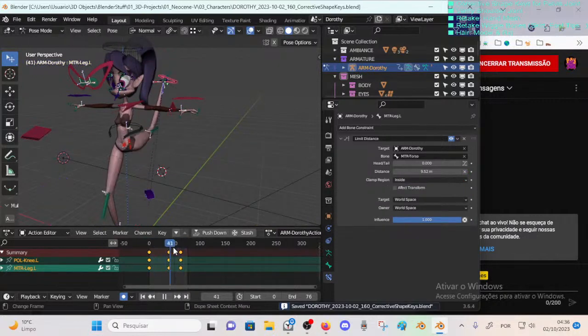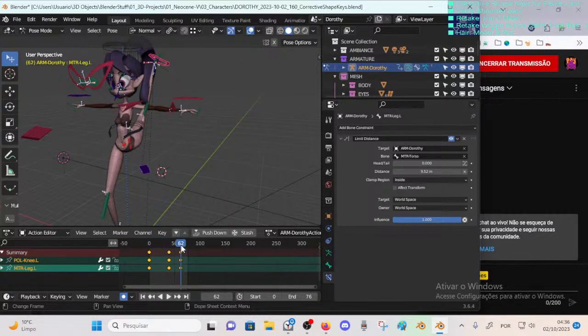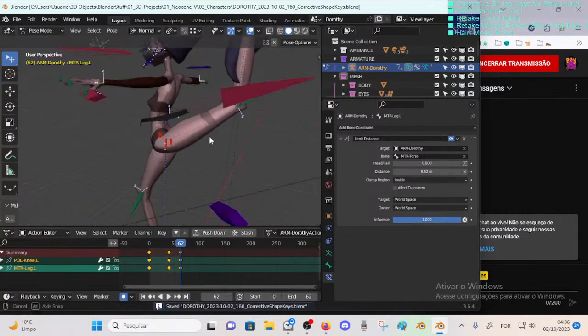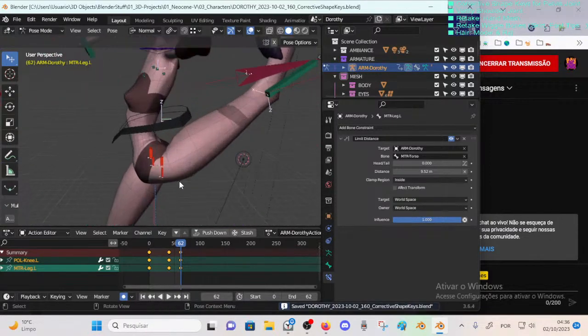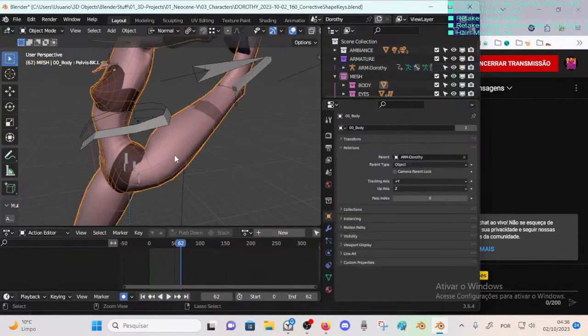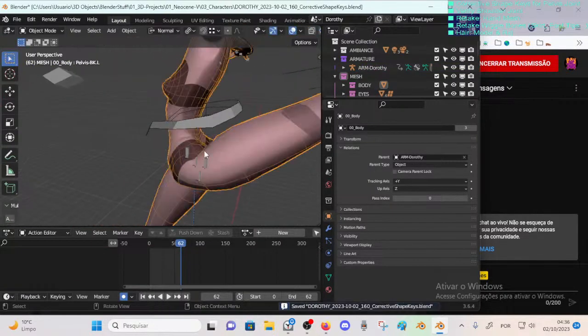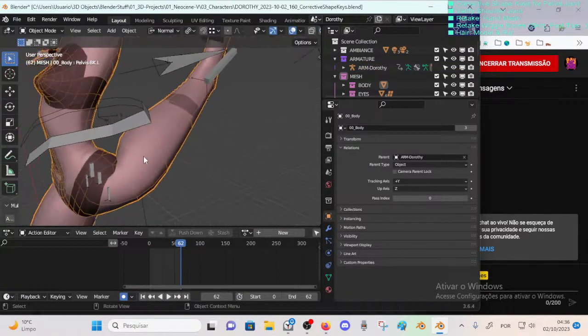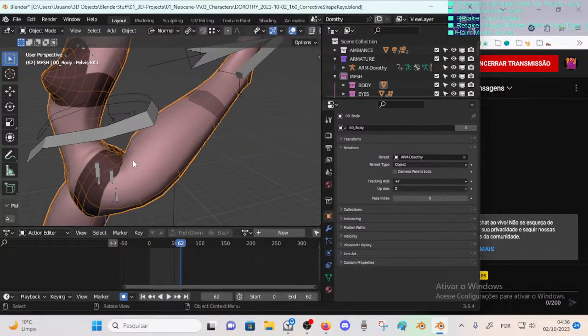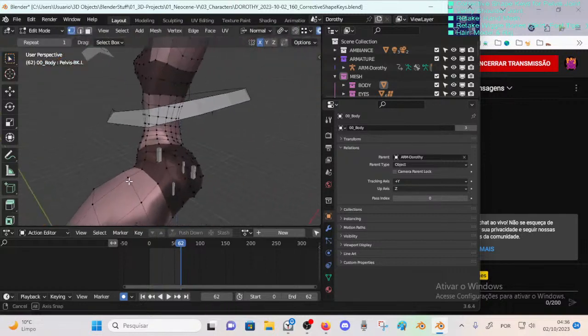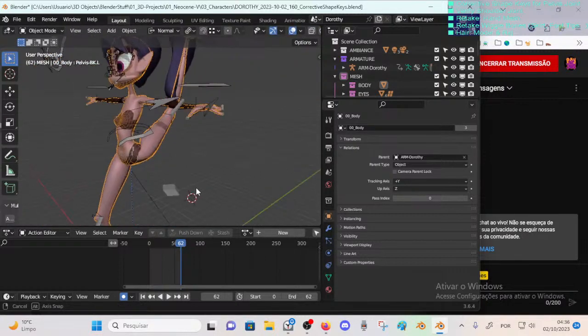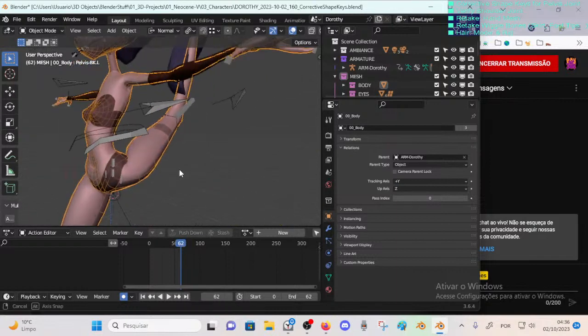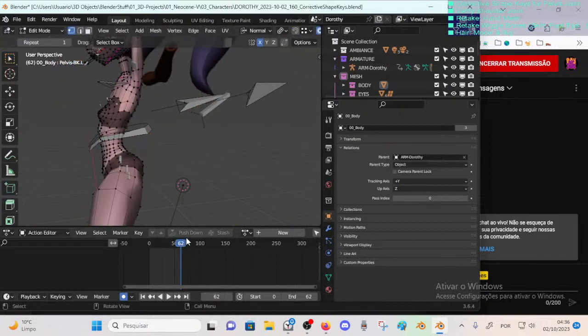Okay, so this is good enough. Yeah, I can use the corrective shape keys here. It's much better to manipulate. It's much easier to manipulate the mesh directly, right? So much more power, but the complication is that, well, at least we have some